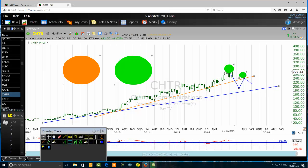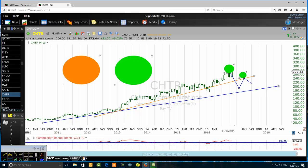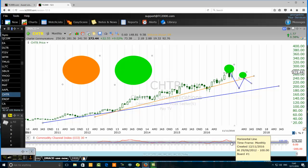So the CCI was first overbought for a long time. In fact, you can see that it stayed overbought for many years, from 2011. So if you are busy selling this Charter Communication, ticker CHTR, just because the CCI was overbought, it is not a good time to sell this financial